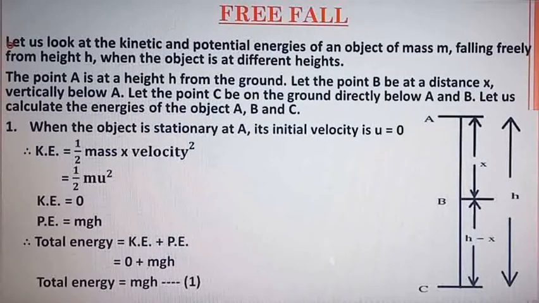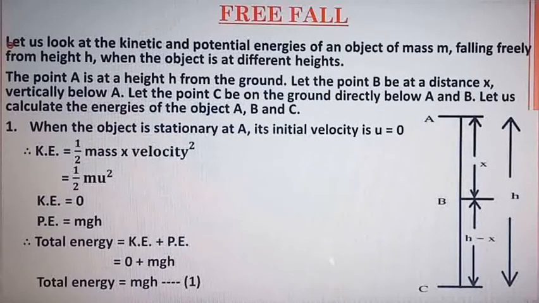Free fall. What does the word tell you? If we just release an object from a height, it gets pulled towards the earth because of the gravitational force. You take any stone, any object, a rubber, and throw it up in the air. After a certain time, it will reach a particular height and then again it will fall back to the earth's surface. Why? Because of the gravitational force.